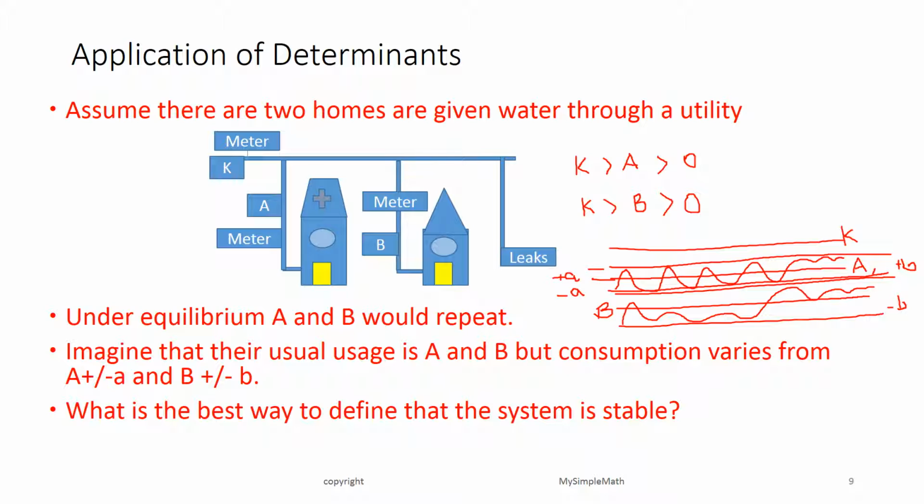So now the question is, what is the best way to define the system as stable? How would a person right here at K, with this meter in hand and not knowing much about A and B, know that the system is stable, that there are no untoward leaks or that there are no untoward happenings that would cause the system to go unstable? I'm using stability in a loose term here, but bear with me. I think I couldn't find a better word, and I'm trying to figure out if determinants could be